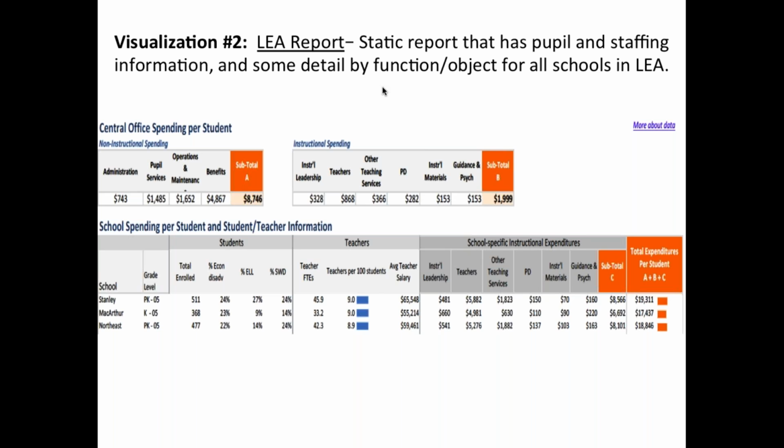And it lists all the schools in the district. So that's Stanley, MacArthur, Northeast, down in the lower left-hand corner. You can kind of see those. And in order to get a total, you have to add A, B, and C, which it does for you, off to the right to get a total spending. But you kind of see how it's broken out by different component parts.